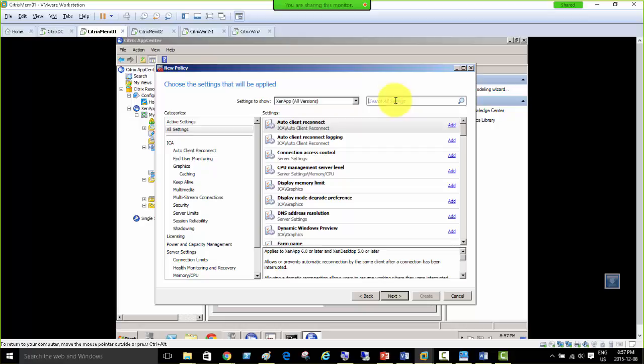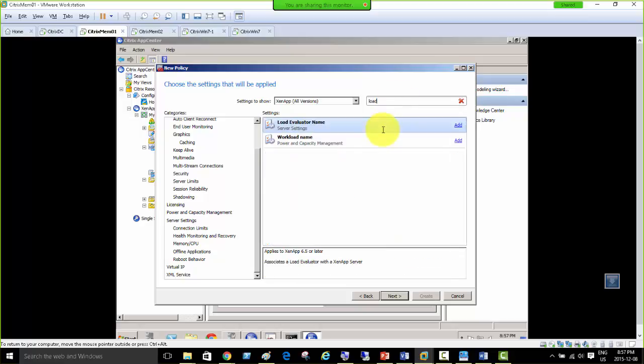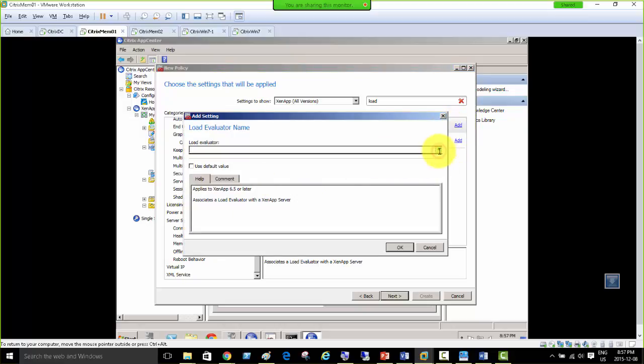So any policy that has anything to do with load, we can just put it here, or we can go down to anything that really sounds like that, or we'll just put load here. And there are two load evaluator names. So this is like on a large scale, if you're implementing those policies on any of the areas of our environment. So if I click add here, it is supposed to drop down and show those load evaluators like